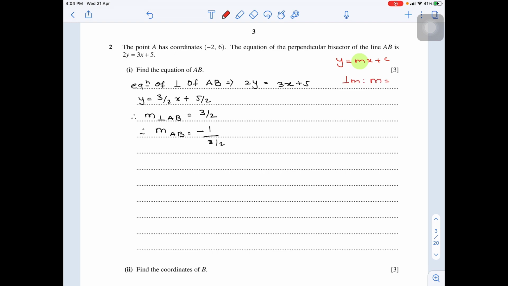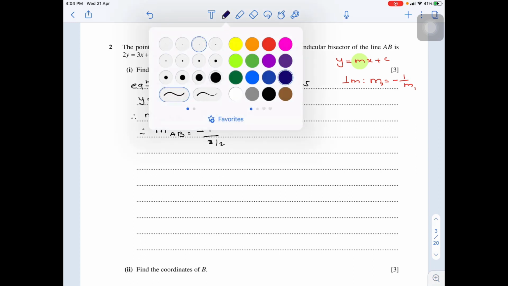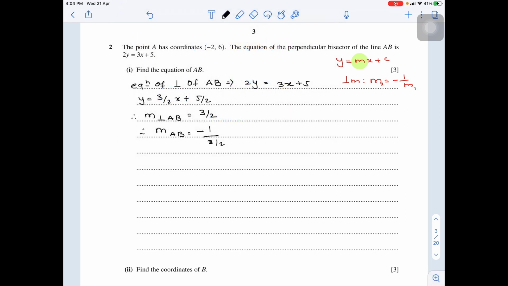Therefore, the gradient of line AB is negative 1 over 3 over 2. What we know about perpendicular lines is that the perpendicular line to anything will have gradient negative 1 over m. So I can write m2 is negative 1 over m1. So I get that the line AB will have gradient negative 2 over 3. All right, equation of AB,